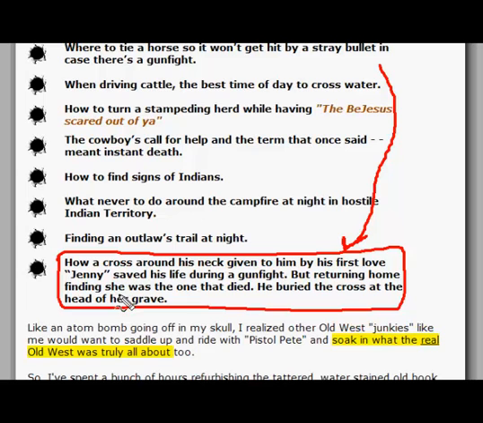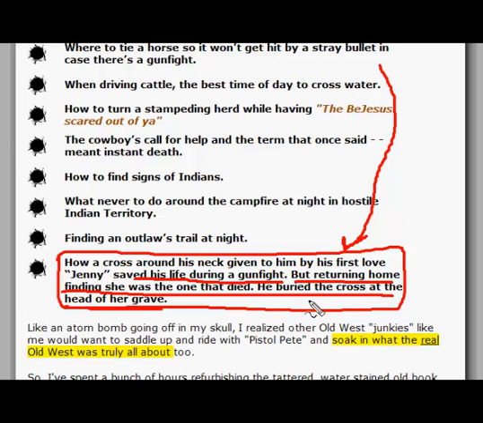But here again, for this bullet point, you are giving away all the information. You want to tease the reader instead of giving all this information, because you have given me enough information so that I can work this out for myself. So you say, how a cross around his neck given to him by his first love, Jenny, saved his life during a gunfight. Well, I would right away assume that the cross that was given to him, the bullet hit the cross instead of him. But returning home and finding she was the one that died, he buried the cross at the head of the grave. Rather than telling me what he did,